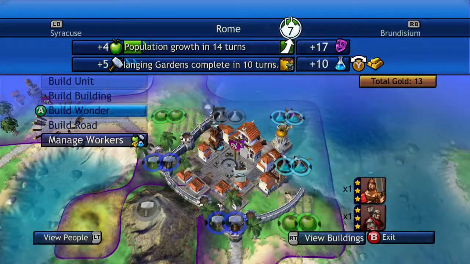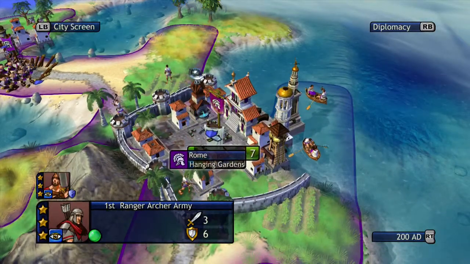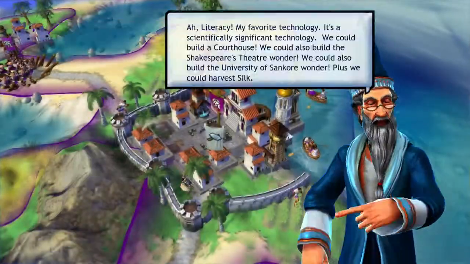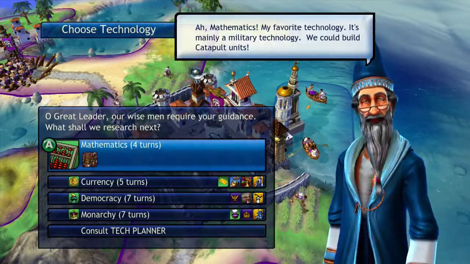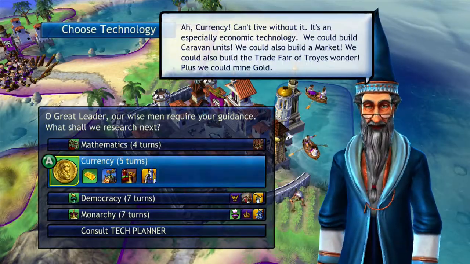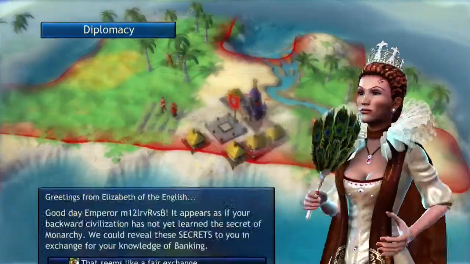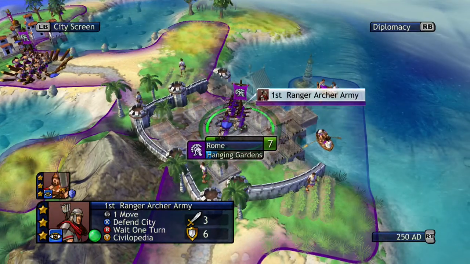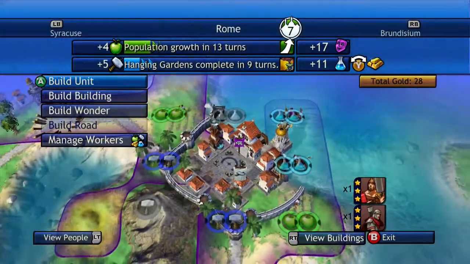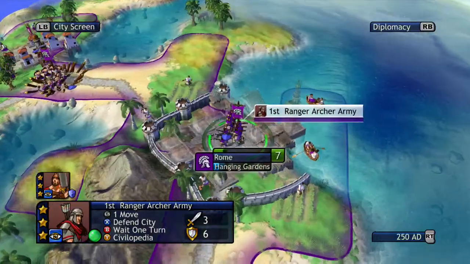Hanging Gardens. Now I want to use that. I want to use that now. Okay. Having siege units are okay. We have no need for that. We prefer to rule in a way where people somewhat have a say in government. I mean, it's kind of hard to...